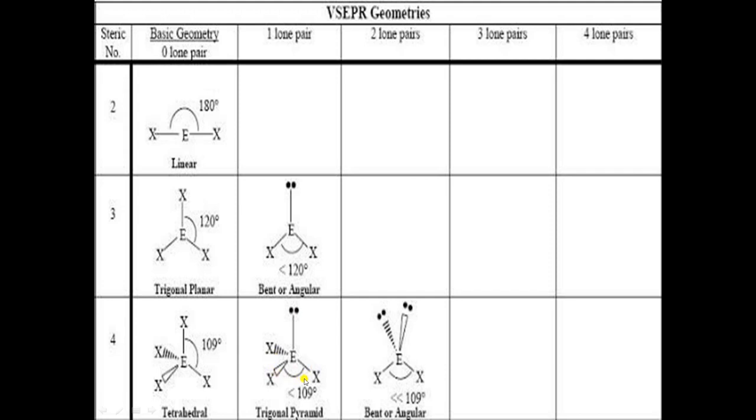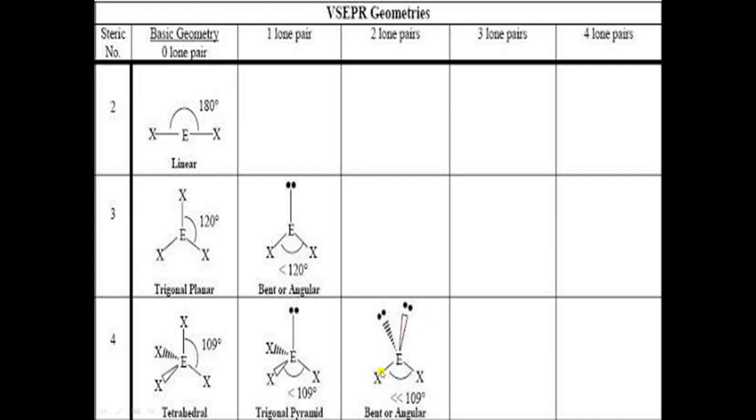Now when we write shape, then we do not consider lone pair. You have to look at these bond pairs. Okay, so these 3 bond pairs look like pyramidal. So that is why it is known as trigonal pyramidal or trigonal pyramid. Okay, when 2 lone pairs are present out of 4 electron pairs, then 2 lone pairs and the rest of the 2 are bond pairs. So this will be the shape. So here 2 bond pairs, this one, and 2 lone pairs, this one and this one.